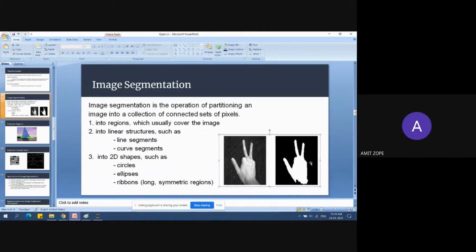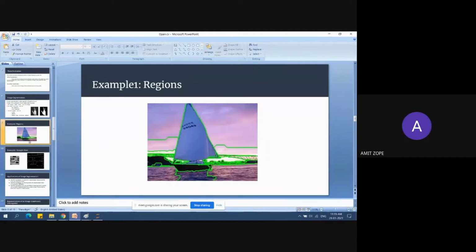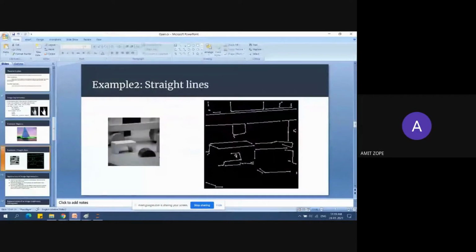So these are segmented into regions. Basically, the segmentation is done into regions, into linear structures, and into 2D shapes. This shows the regions, as well as the straight lines.